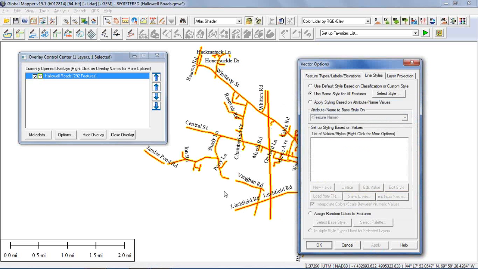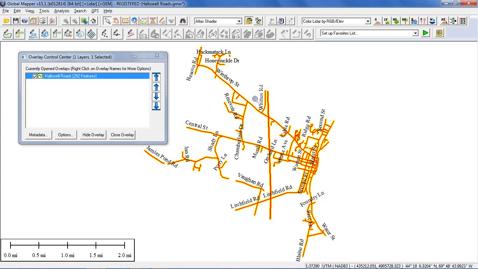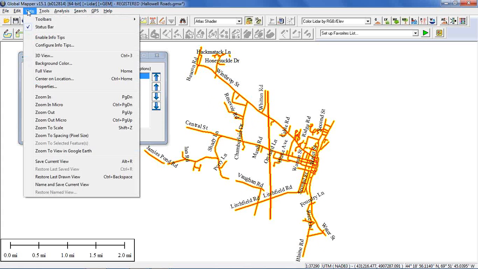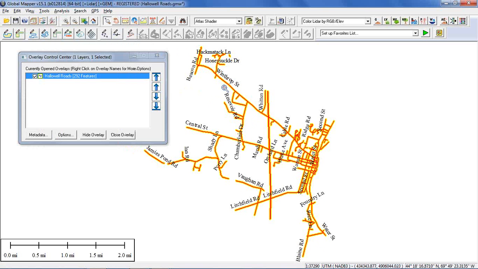You'll see that we can use that for highlighting. In this instance, I've highlighted all the roads, but you can use it for highlighting specific lines or an entire layer if you wish. And we've also made an additional update to style changes where you can update feature info tips. If you go to View and Enable Info Tips,